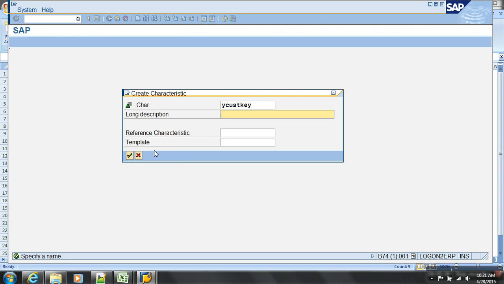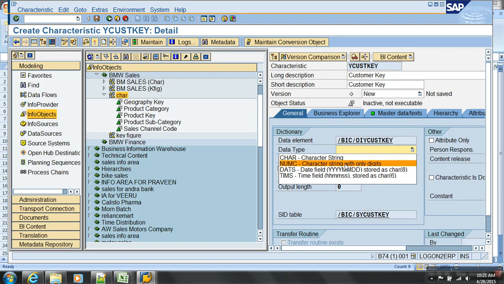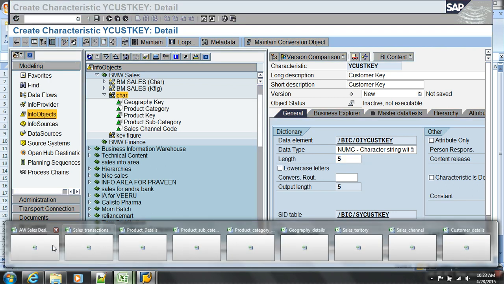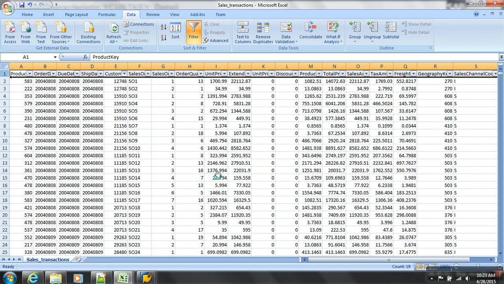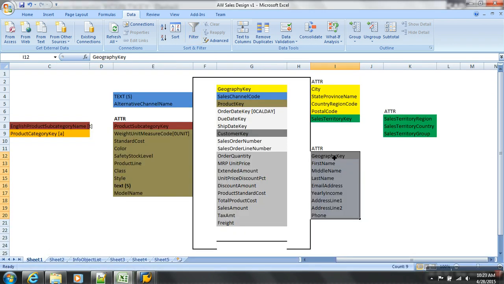Cust key. Something around 5. Look at the data then. 5 numbers is fine. And then what about the attributes? These are all attributes, right? Geographic key, all this. For geographic, I would like to use my own name.